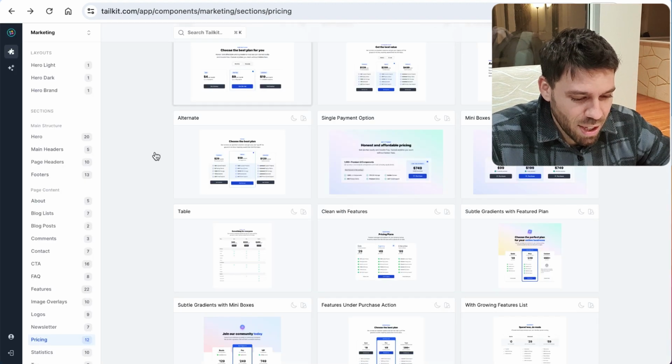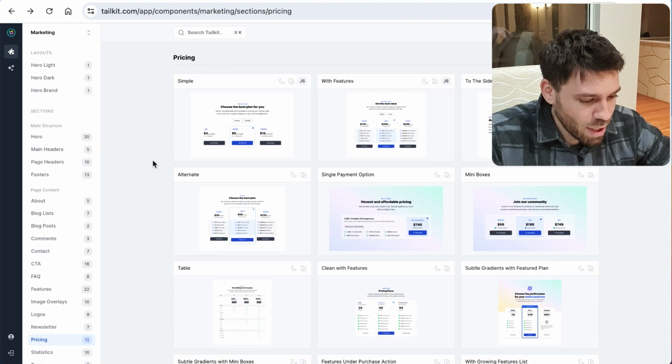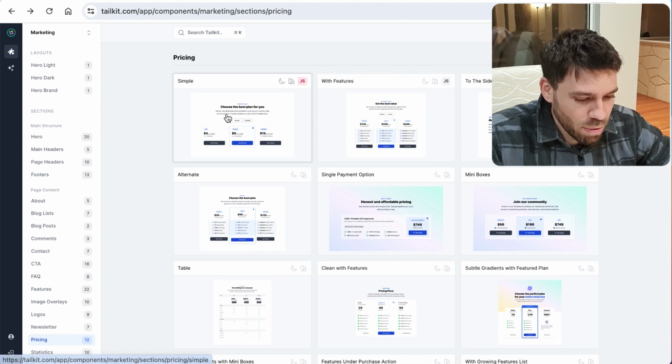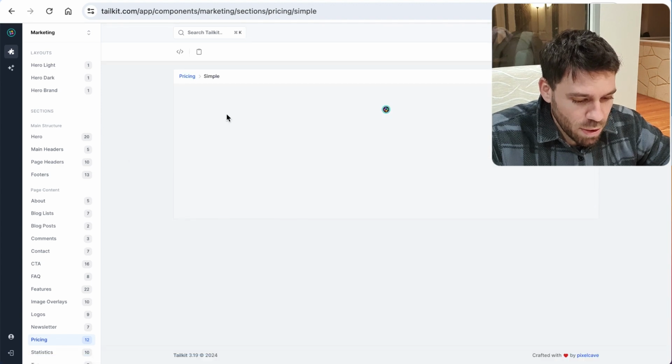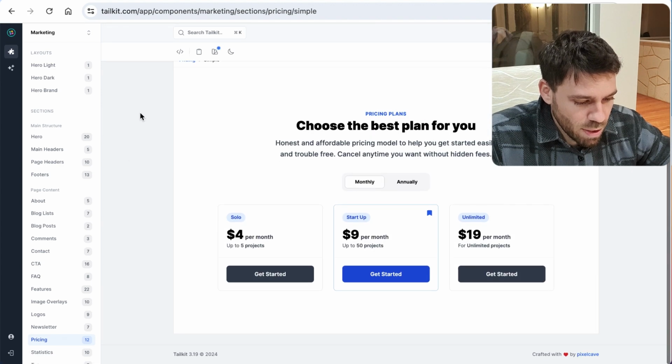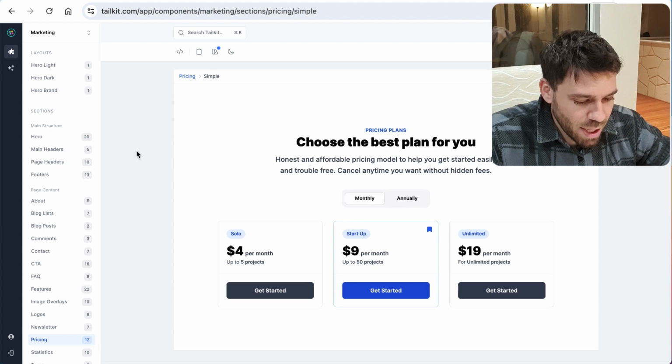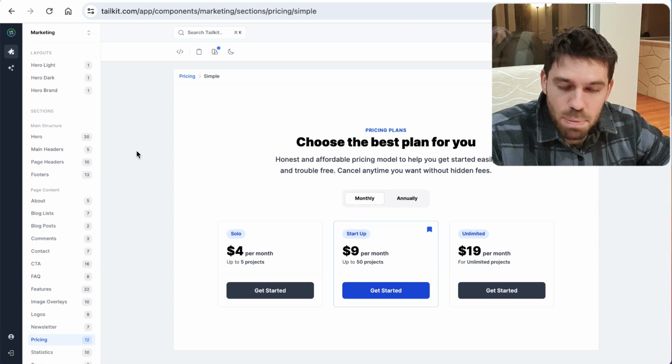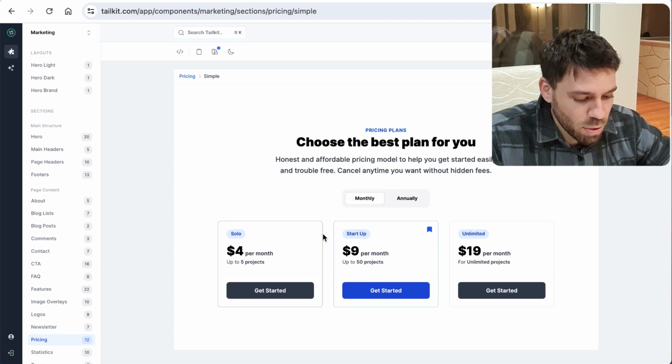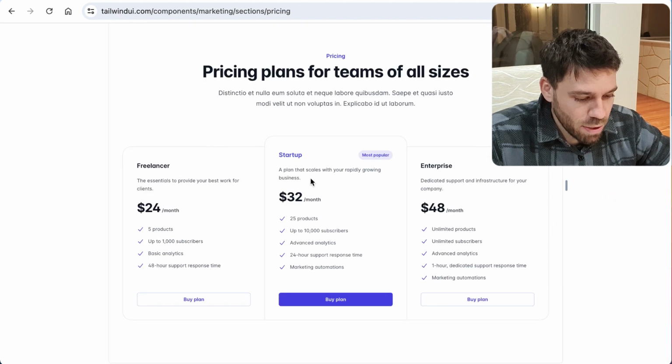Let's have another look at a Tailkit one. Let's try and find one that looks similar. Or let's just go from the top. Tailkit, that's nice. Yeah, that is nice. Nice and simple. And I see the little dashes of color actually make a huge difference. If you compare, these do have them obviously as well, but I like